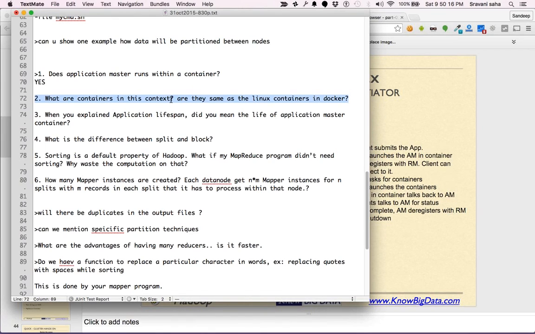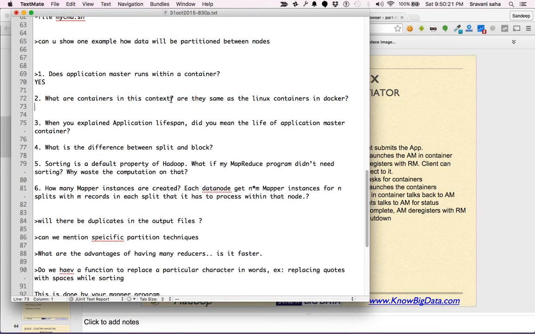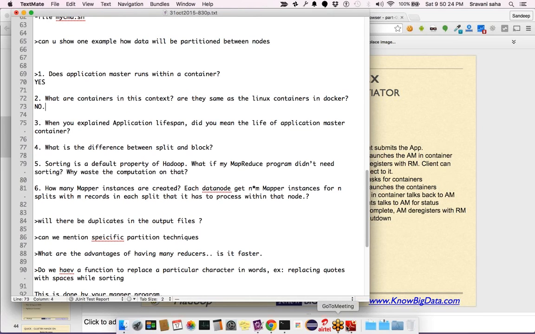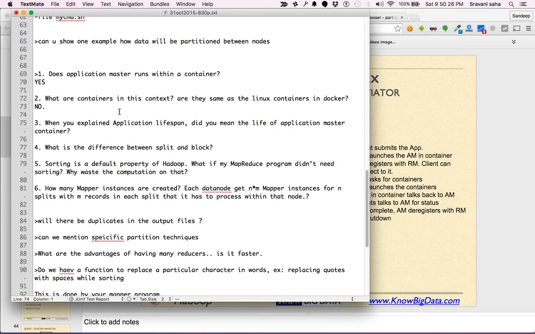Now you can see what the containers are in this context. Are they the same as Linux containers in Docker? No. They are not the Linux containers in Docker. They are Java processes. It's a kind of well protected environment, and most likely, though I have not studied the source code,